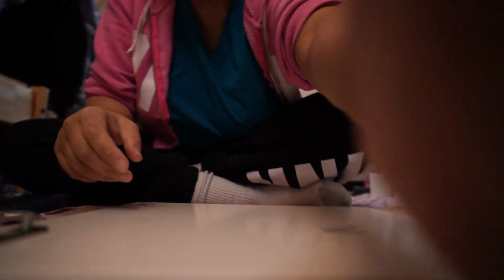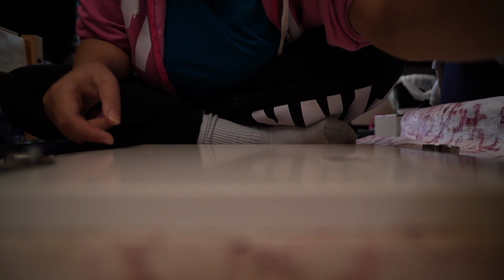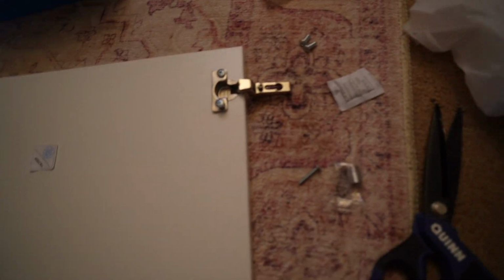I switched to a different lens and now I'm showing you this Ikea. Let's continue. But before, maybe here is Ikea